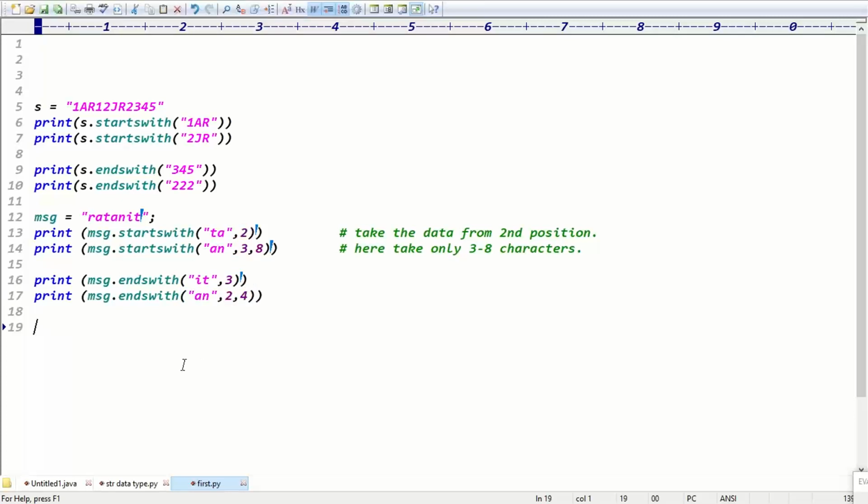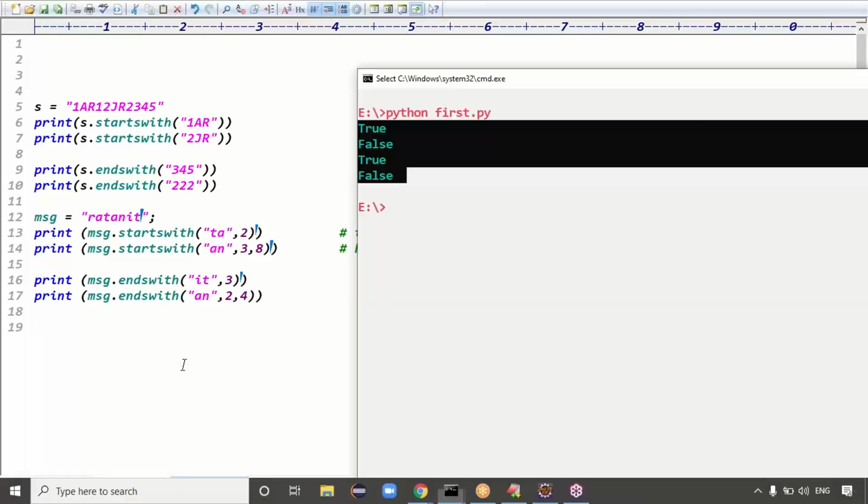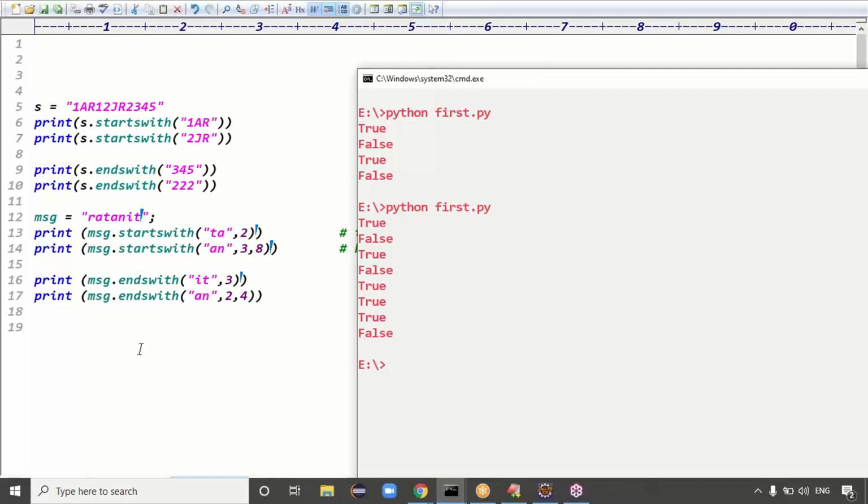Exactly. Like that, if you want, you can apply the concept on the entire string. Otherwise, you can apply the concept on a specific part of the string also, right? That is the information, guys, basically. Good. If you run this code, you get the output. Just try to check the output.